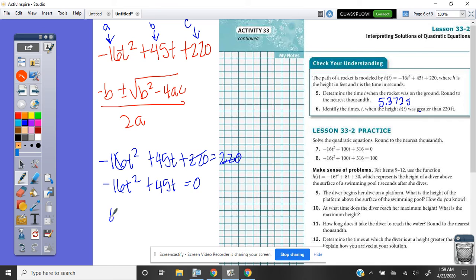So all I can factor here is a t. So time equals 0. And then time is, let's see, that would be negative 45 over 16, which is negative 2.8125. So the height is greater from 0